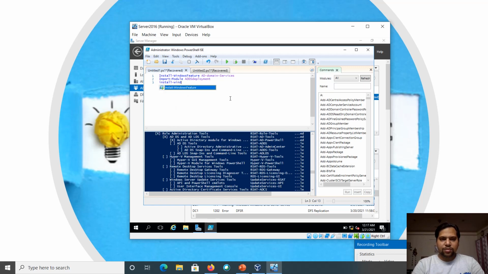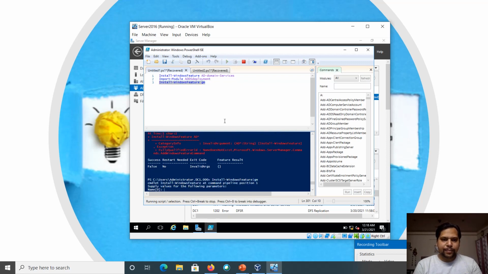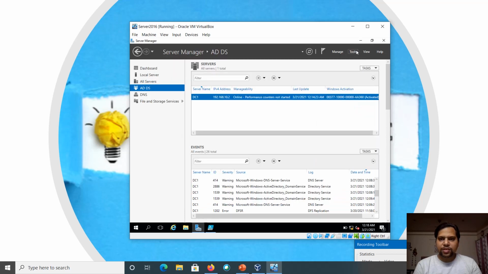Install-WindowsFeature AD*. Okay, it's not able to find it. Get-Member. Let us see the features through the